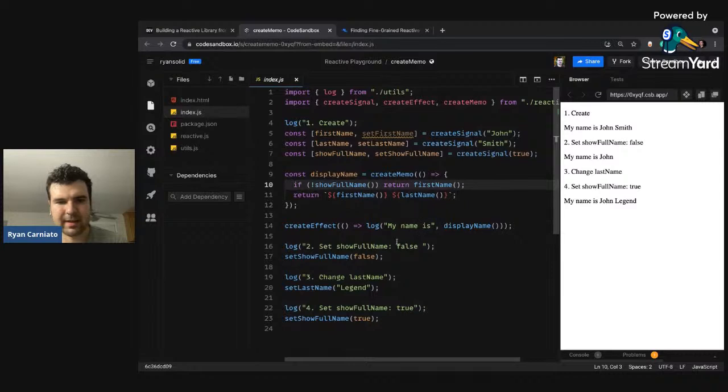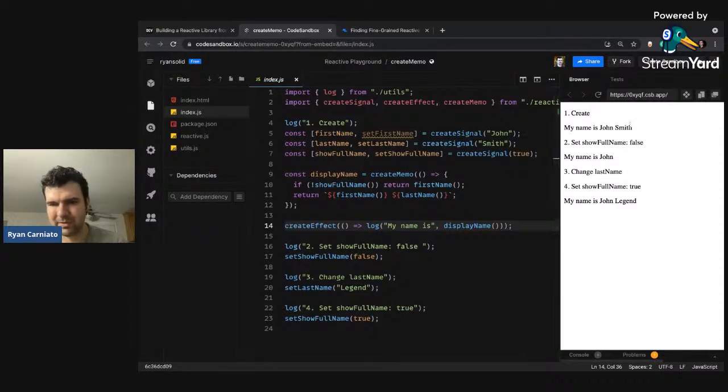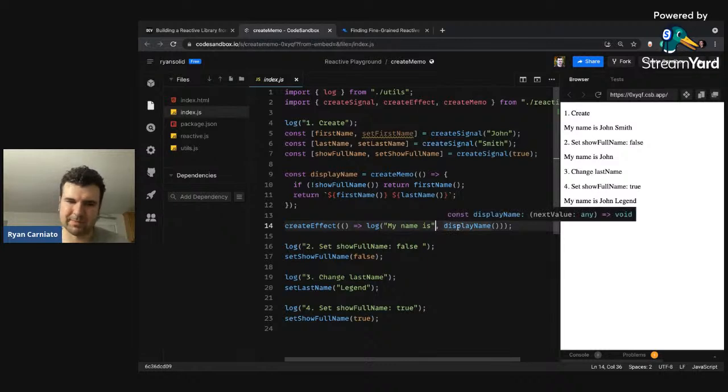And you can see this example starts very similar to what we've seen so far, where we just log whatever the display name is. So if we have John Smith and true, it's my name is John Smith. So everything so far makes sense. Create, my name is John Smith. We've created everything, we've created our reaction. Now, when we set the full name to false, as you can expect,